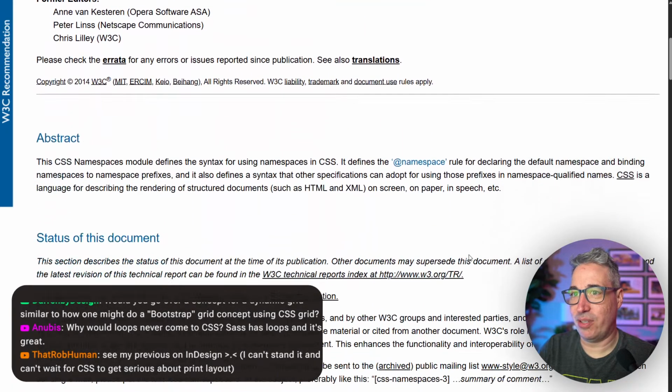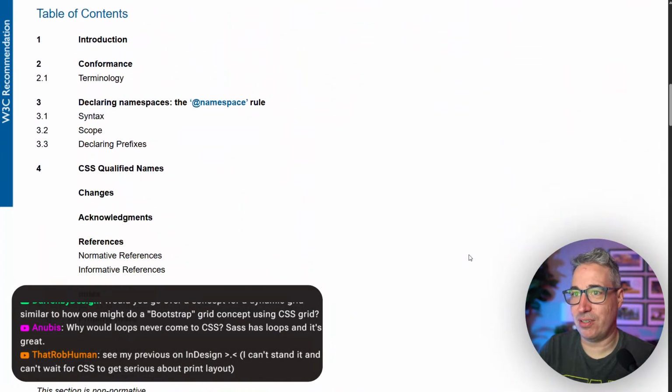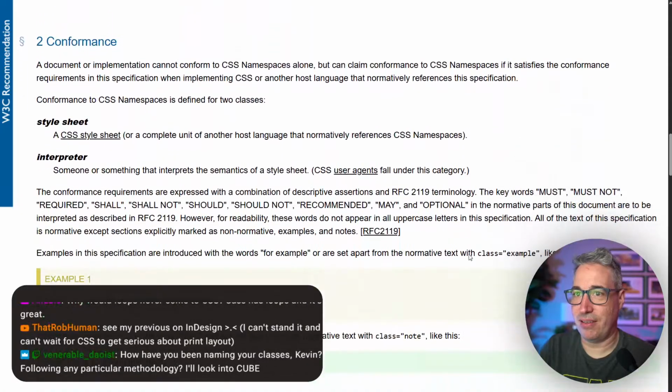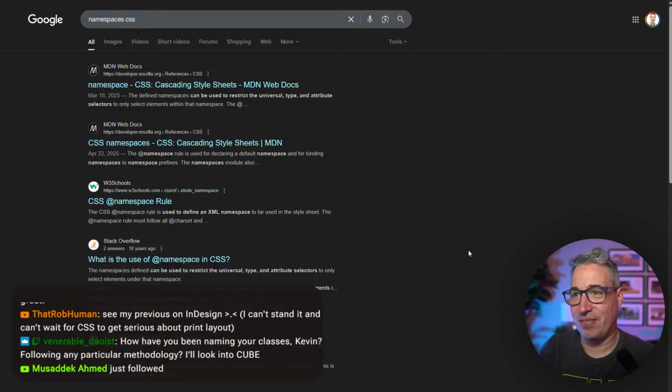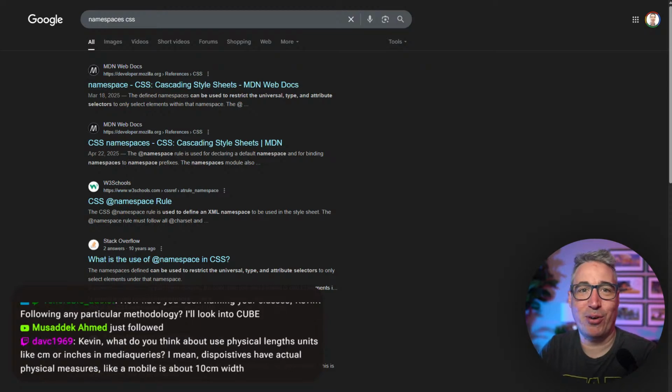I didn't know we had a module on namespaces. I know there's name spacing through different ways using different naming methodologies, but I don't know a specific one